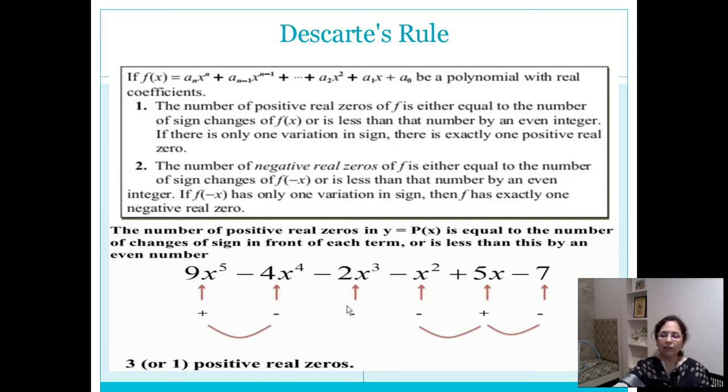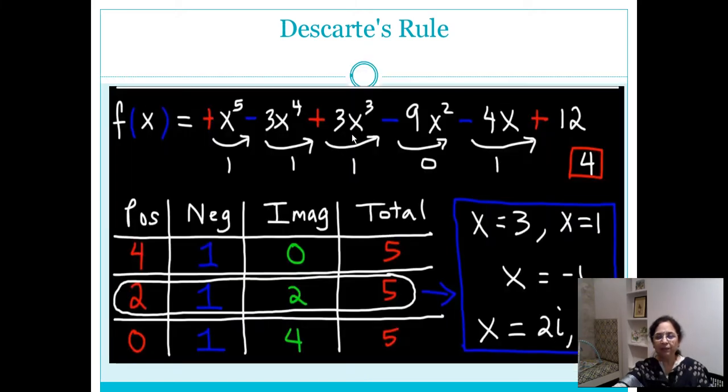Since this is only a prediction, we can say 3 positive and 2 negative real roots are possible, but otherwise lesser by an even number. So instead of 3 it could be 1 positive real root, and instead of 2 negative roots it may be 0 negative roots. Okay, possible actually when we try calculating. This is how we can make use of Descartes' rule of sign change for predicting how many positive and negative real roots are there for the given polynomial expression.